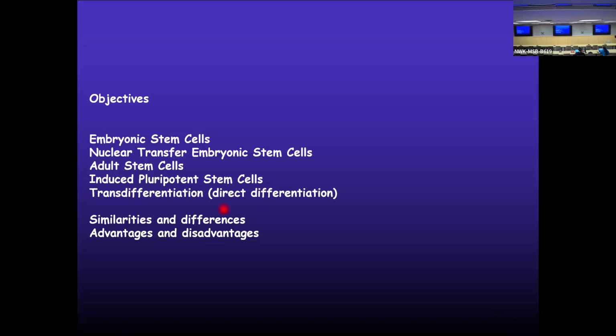Then transdifferentiation, a new concept, or a 10-year-old concept that hasn't panned out very well lately, but as a concept, it's very powerful, and I want to bring it up. Then we have a new type of